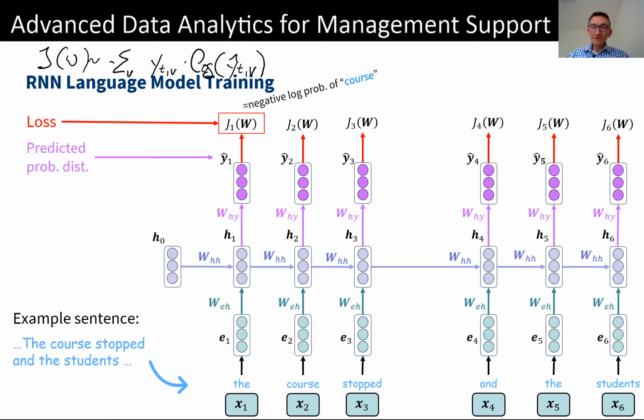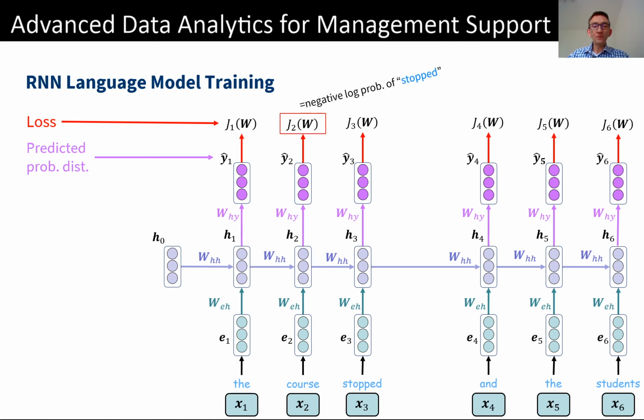Right, and this gives us a first value of the loss, and then we continue. We now have h1 and a loss value associated with step 1, and then we feed the network the word course to get a hidden state h2, from which we pull our next prediction y hat 2, and y hat 2 will serve us in that we can calculate a new value for our loss, which then